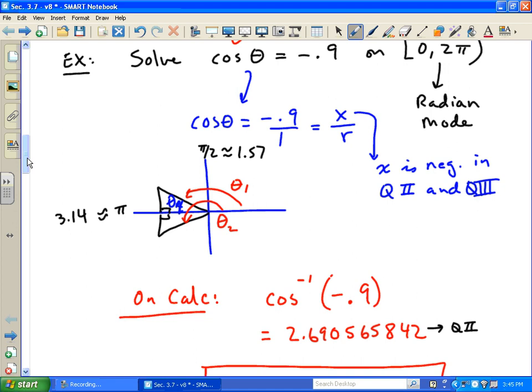Sometimes, like in this case, when I typed in my inverse function to begin with, it gave me an answer in quadrant 2. In this case, that answer actually was a solution, but I can't ever really tell you, here's a consistent way to solve these problems. It totally depends on which quadrants you're looking for your answers in,